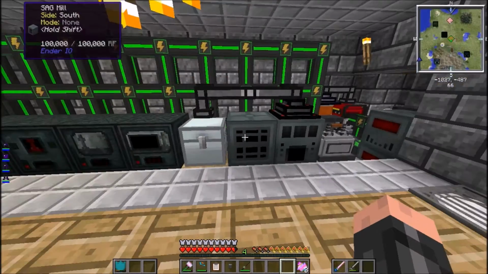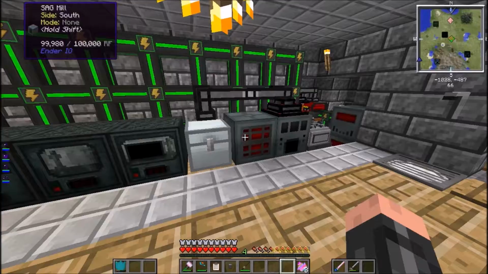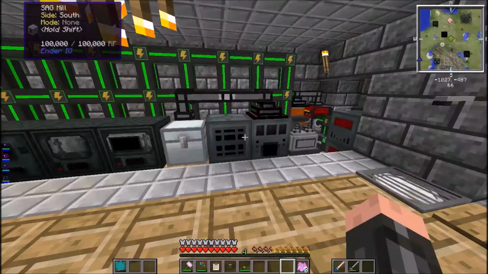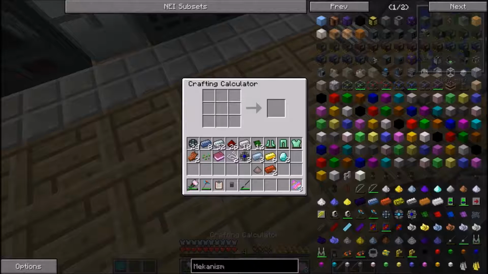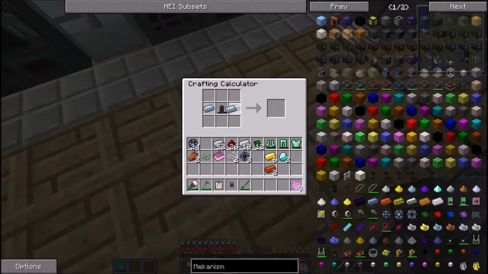So let's get the jetpack started. So we're going to need to crush up some iron. Just put that through the sag mill. And grab it out of the alloy smelter, which I think it's going to jump into. Maybe not. 2 bronze. Now we'll grab, we need, wait, gas tank, frame lag, 3 tin, 2 steel, and a control circuit makes a jetpack, but we want an armored jetpack because, you know, we don't want to lose our armor from the